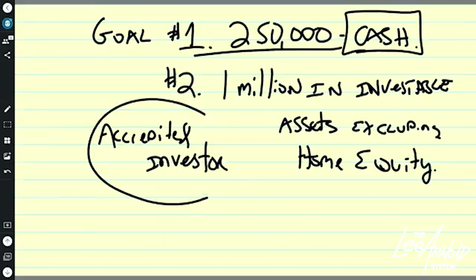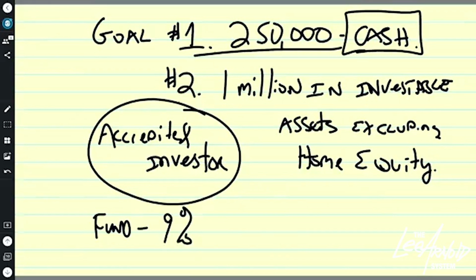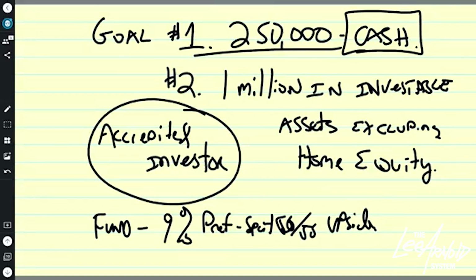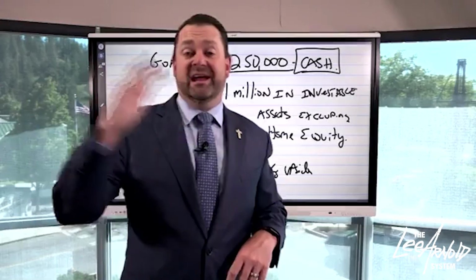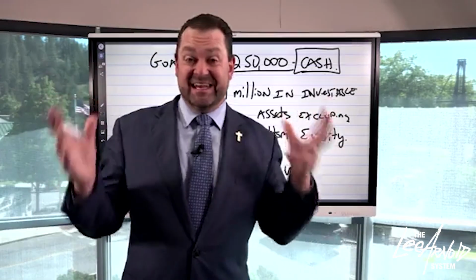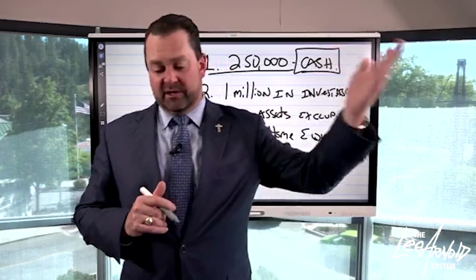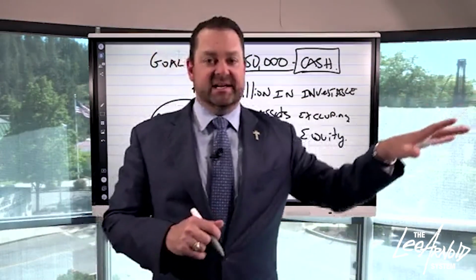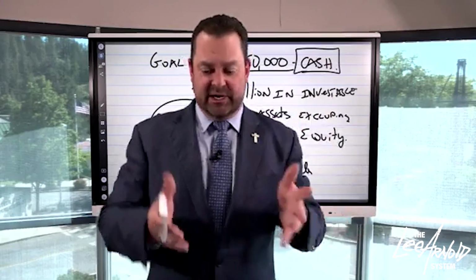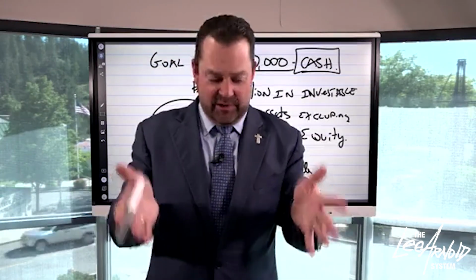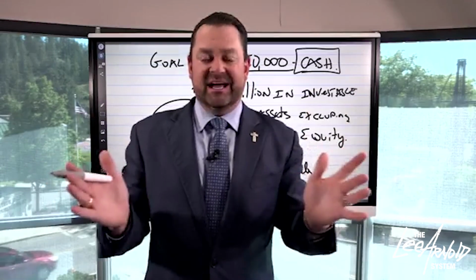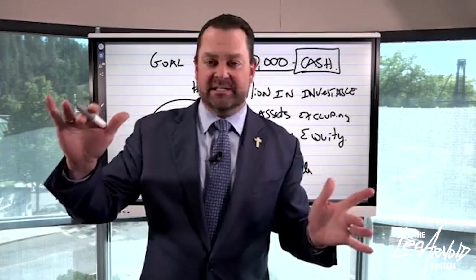As an accredited investor, you can now participate in my high yield fund, which pays a 9% preferential rate of return, and then we split the surplus. Now, this fund has been in existence for over 11 years. It's been paying out double-digit returns for the last 11 years as a blended average. I was meeting with a registered investment advisor that has over $1 billion in assets under management. He came into my office just a few weeks ago and I showed him our fund performance and he went, "That is incredible, Lee. I've never seen anything like it," because it's just consistent double-digit rates of return.